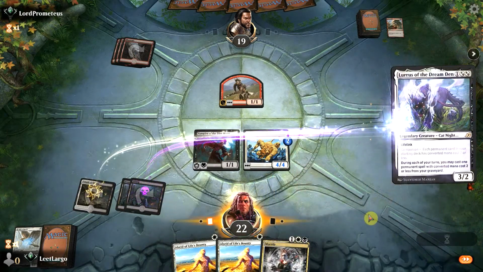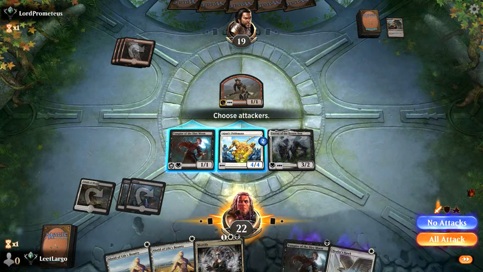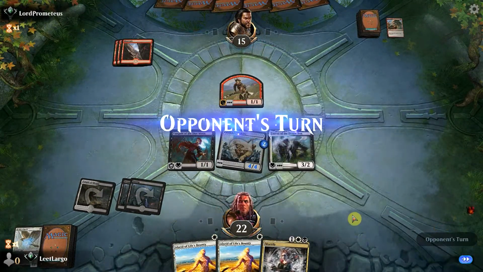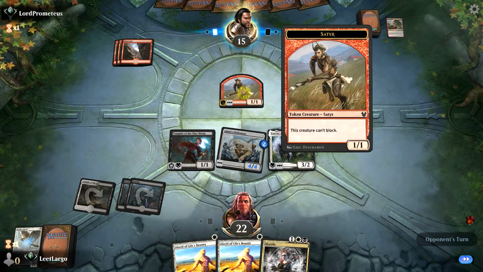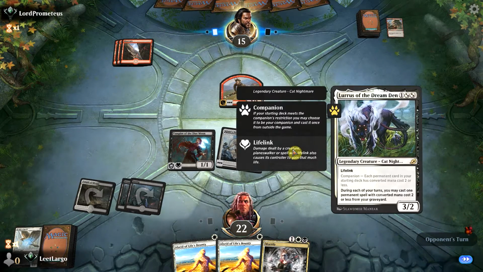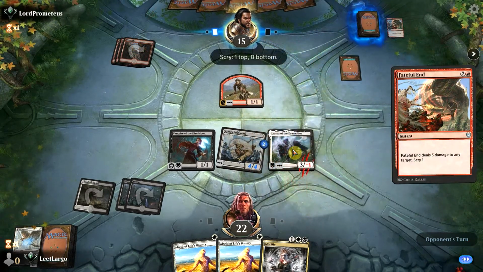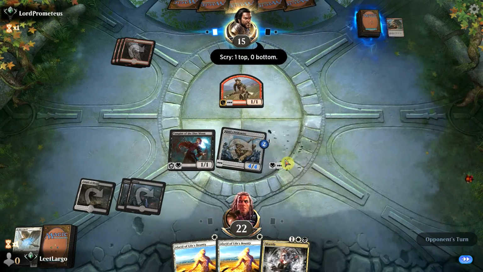So we'll go ahead and get Lurrus out. So Lurrus is a companion. Oh, I should have attacked with both. I was stupid. I forgot these things can't block. I was too busy talking about Lurrus. So Lurrus is a companion: each permanent card in your starting deck has converted mana cost 2 or less. He dies, which is fine. I'd rather...